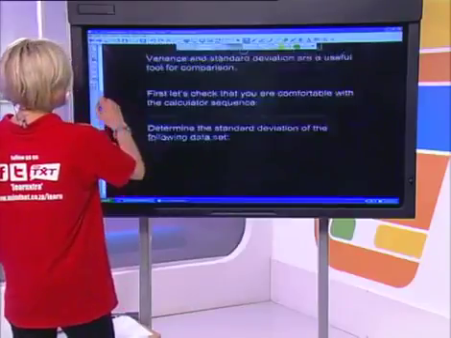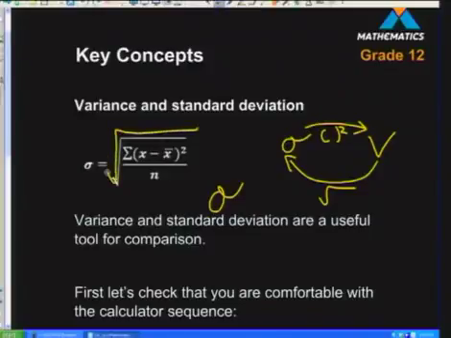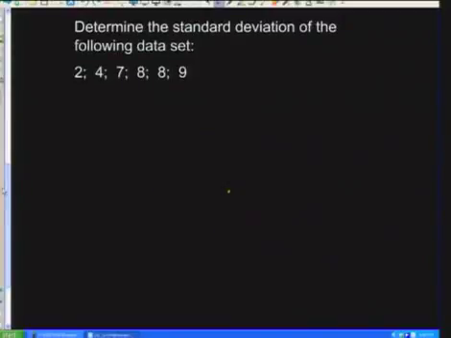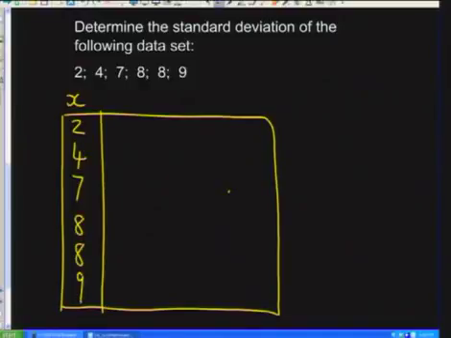Now, basically, if we look back at the formula, the standard deviation is the square root of the sum of every individual data value, of the mean subtracted from every individual data value, squared and divided by n. Now, I'm going to simplify that by just making a table. I'm going to put my x values here. These are my data values: 2, 4, 7, 8, 8, and 9. Then I'm going to make another column for x minus the mean